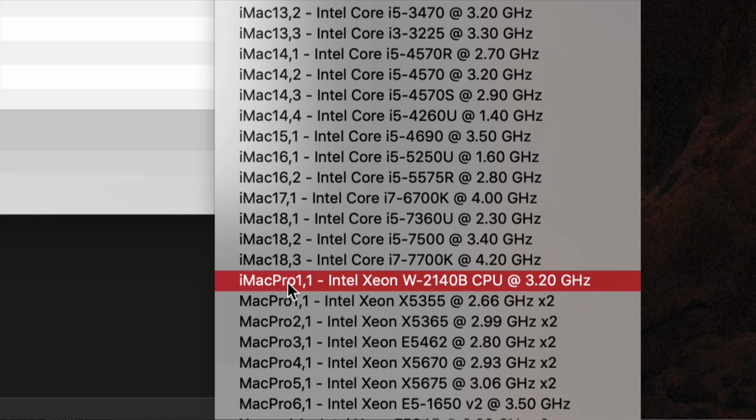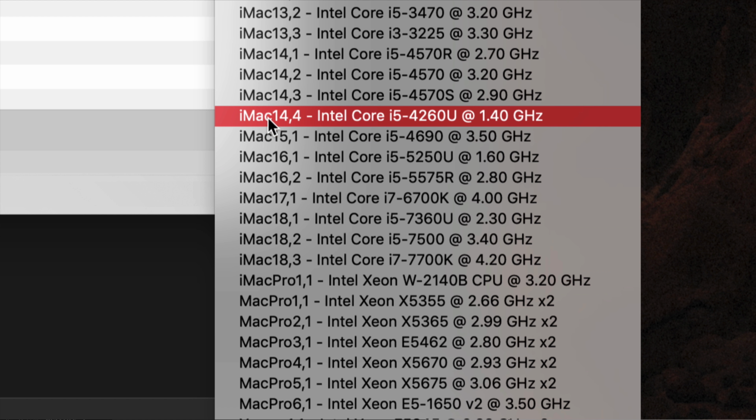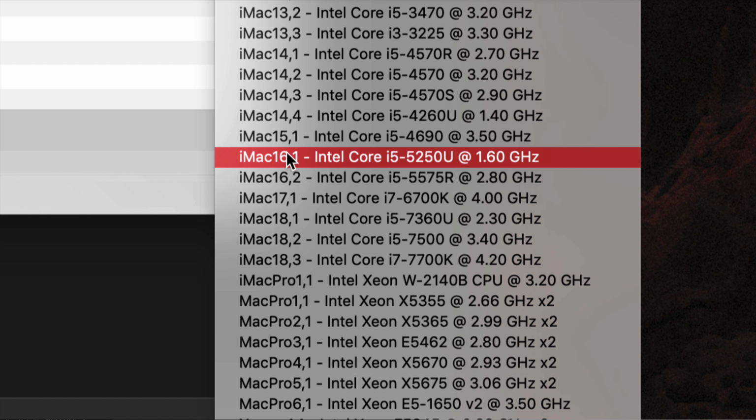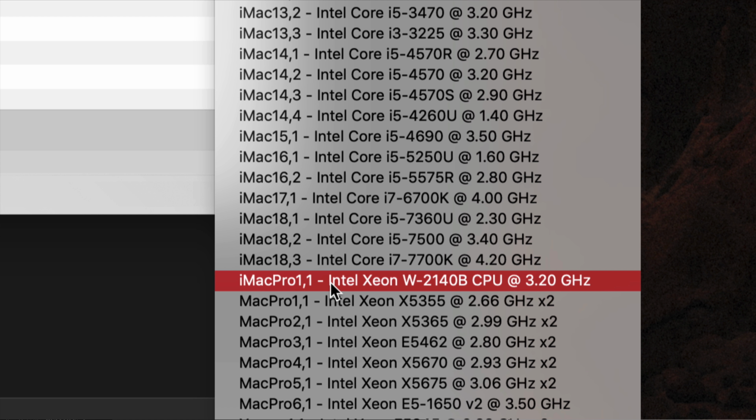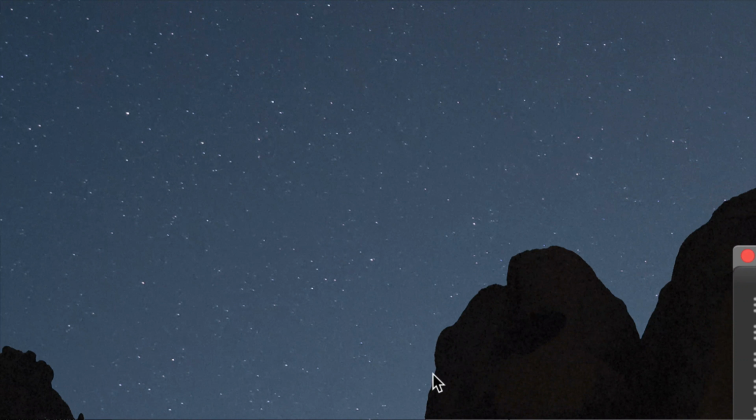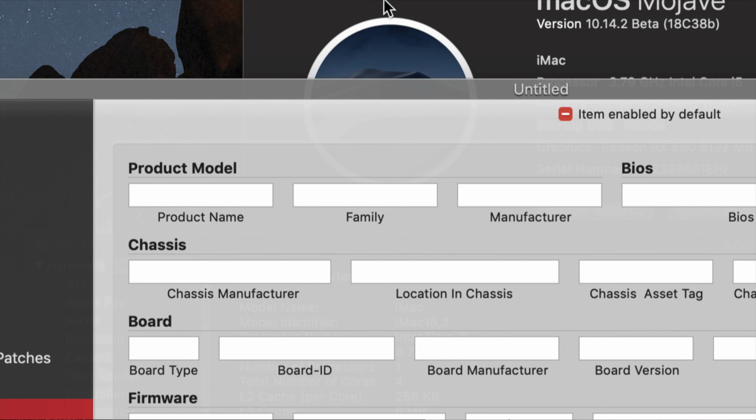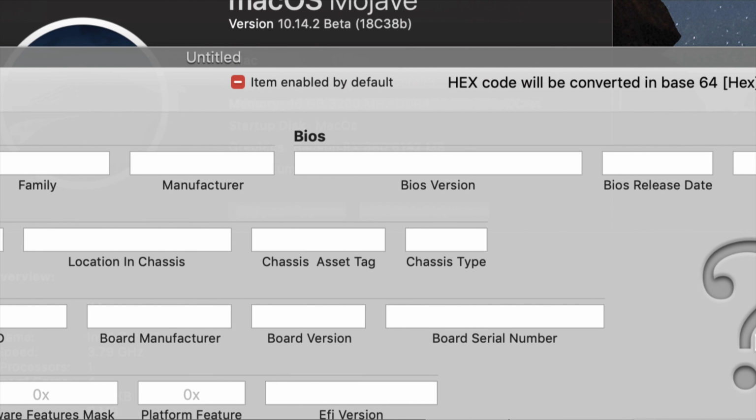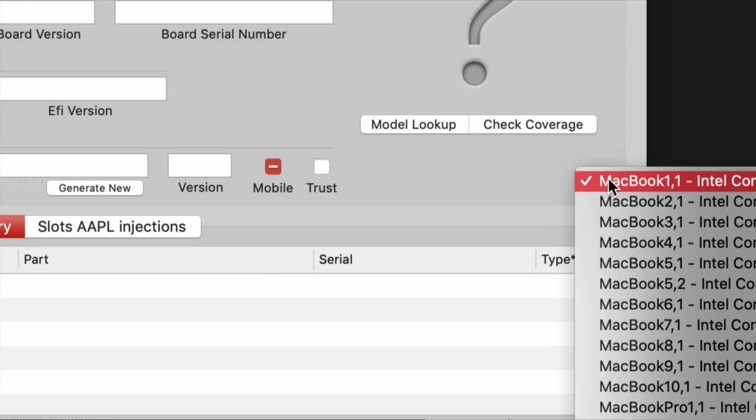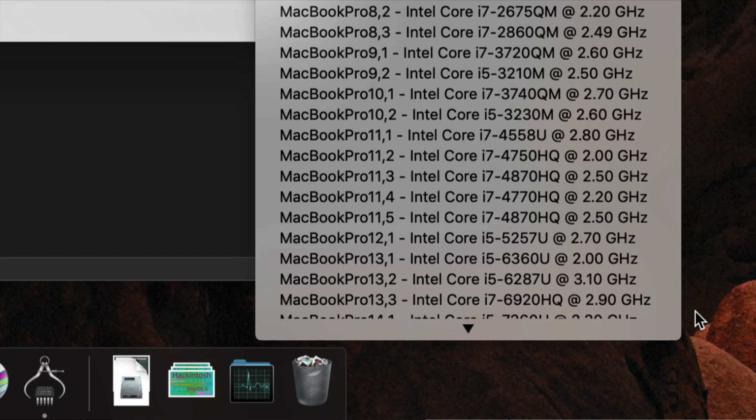And if somehow your system is on iMac 14, which means 4th generation, or on your 5th generation iMac 16, and you go to iMac Pro 1,1, your system crashes and does not boot properly. Then there are two fixes you can do. If the SMBIOS of iMac Pro crashes, what you have to do is go and select